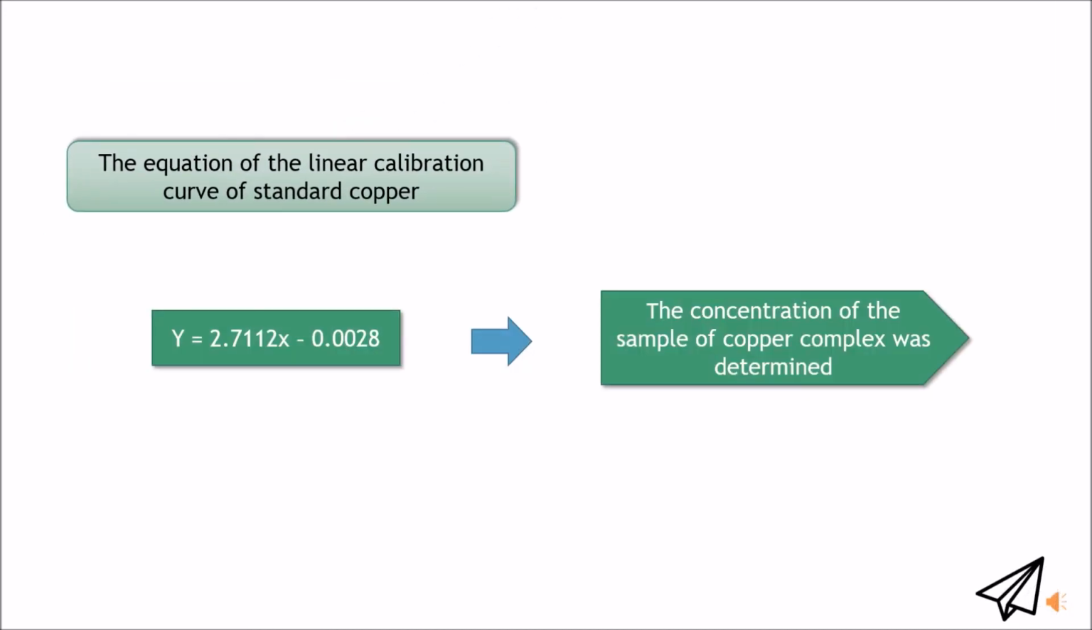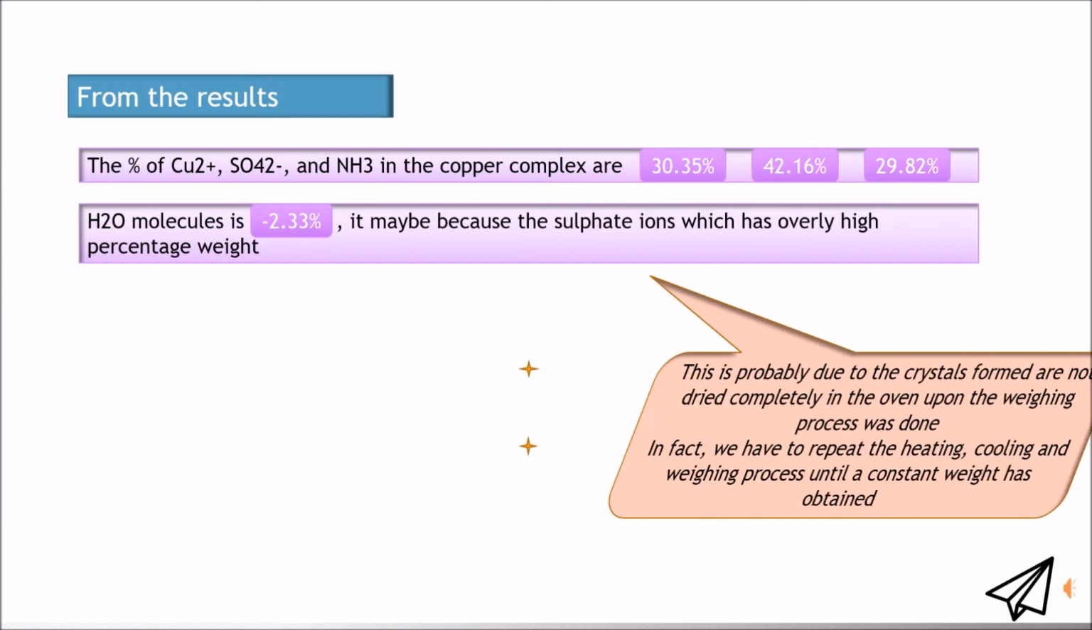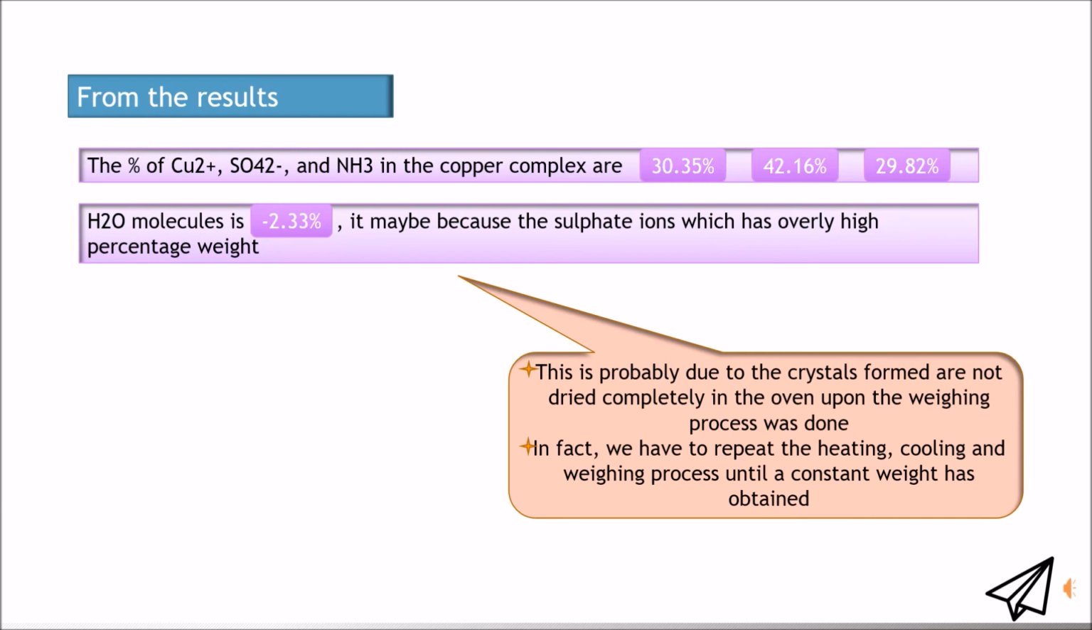From the three types of analysis, the ratio of Cu2+, SO4 2- and H2O were determined. The linear calibration curve of the standard copper gives the equation. From the equation, the concentration of the samples of copper complex can be determined. From the result obtained, the percentages of Cu2+, SO4 2- and NH3 in the copper complex are 30.25%, 42.60% and 39.82% respectively. We have obtained a negative value of